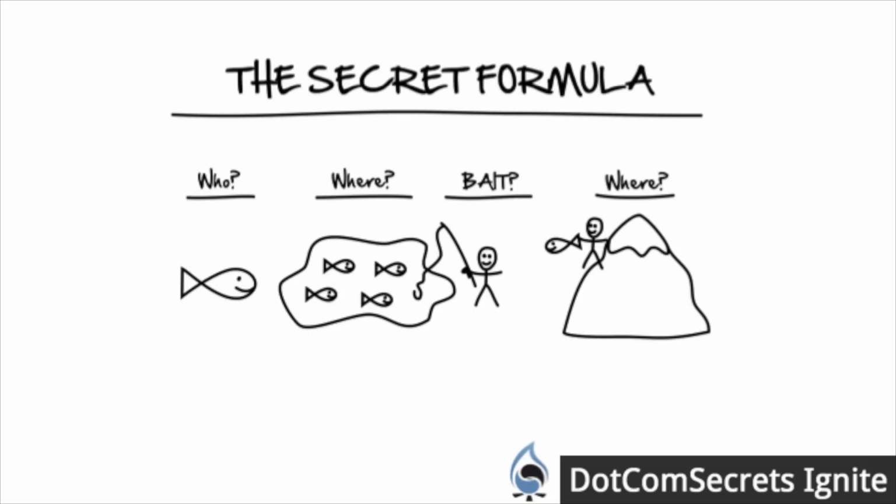Who is the actual person that you want to be working with? Who's your dream client? Second is, where are those people at? Then we talked about the bait you need to go in to get them. And the last is where you want to take them. We talked about the value ladder and everything else like that. So that was what we covered yesterday.